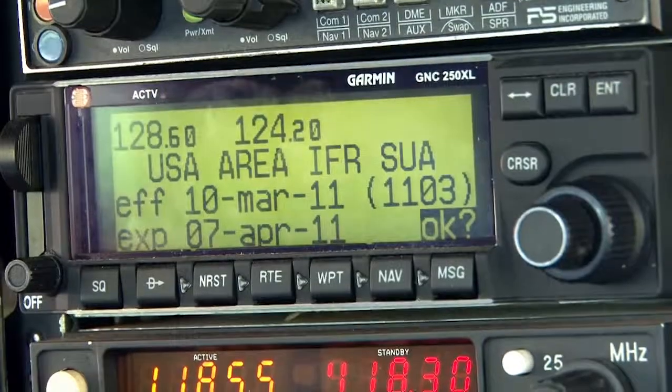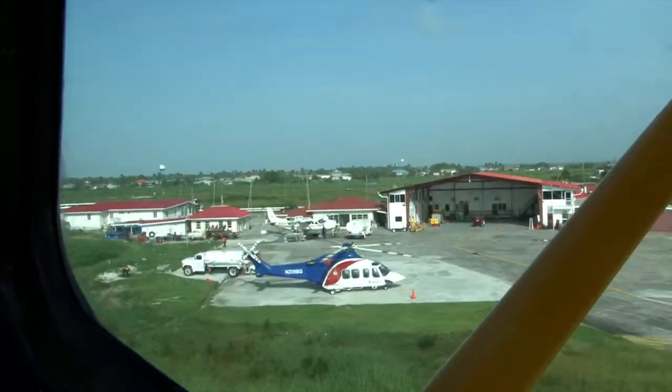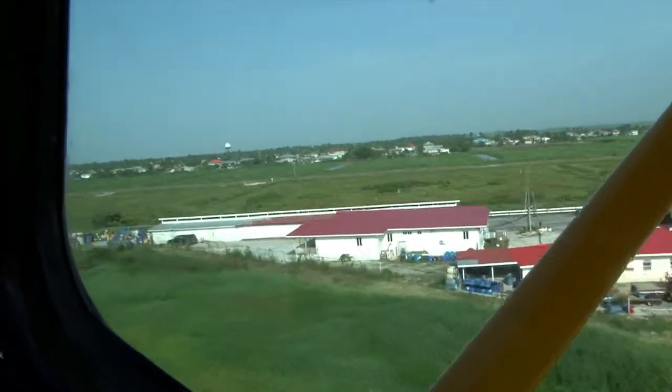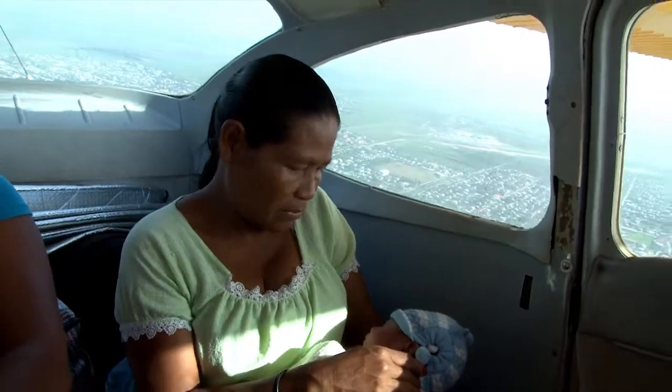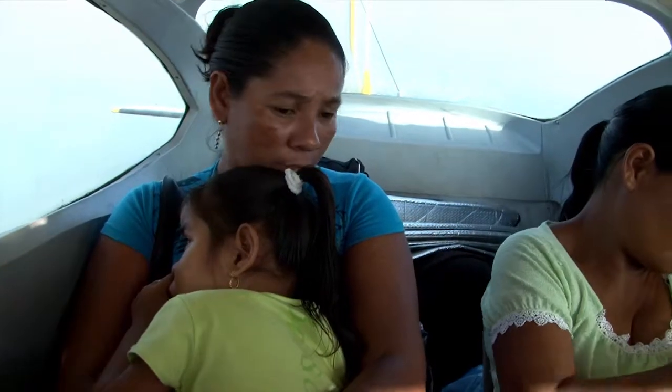He must now safely navigate the skies again and return everyone home to Mabaruma. Being here for the longer term and developing relationships with people, that all comes down to trust. They know that we've been here for this many years, and we're still going to be here when they need us in the future, so that when you have someone with, say, a chronic condition that needs treatment, we can take them back and forth so they don't have to spend months and months living away from their families,